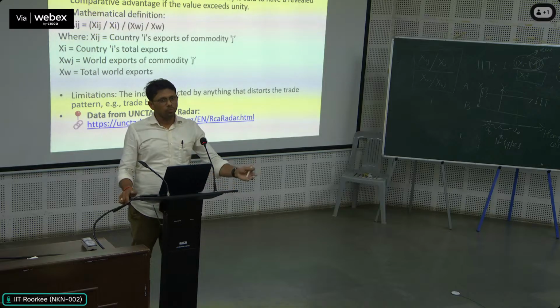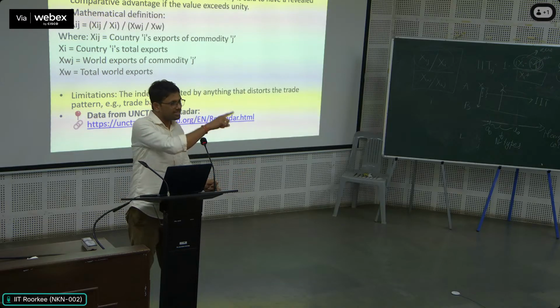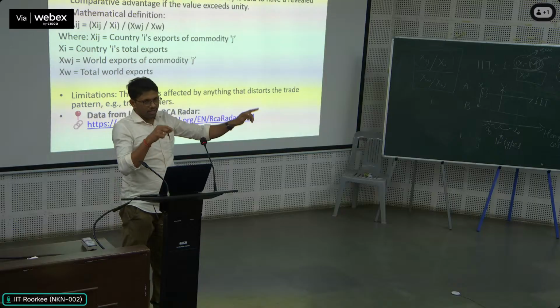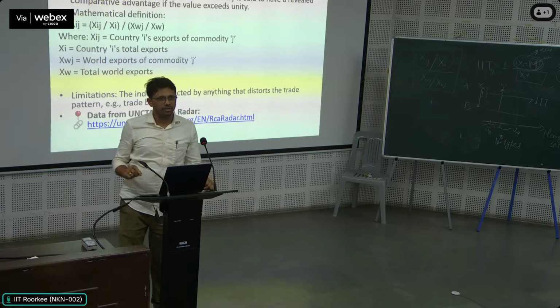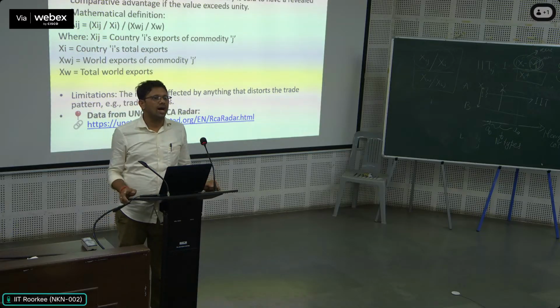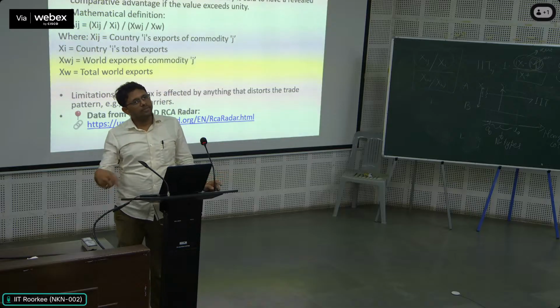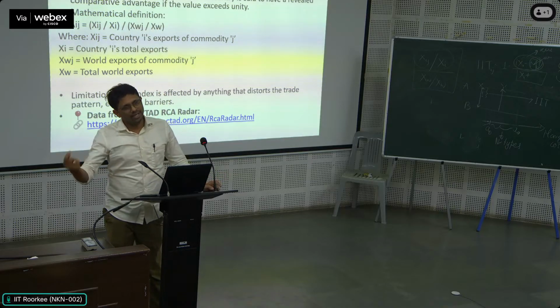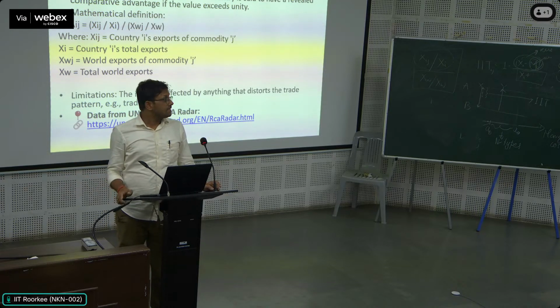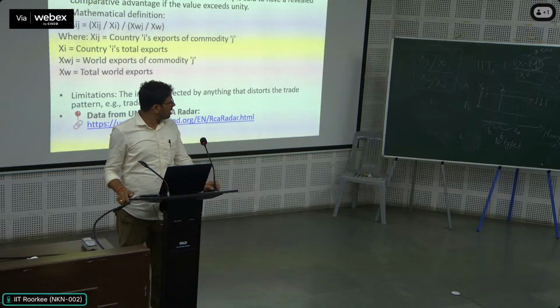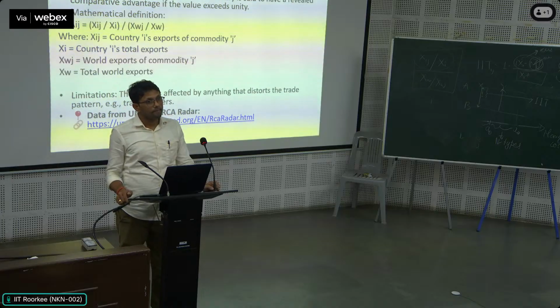Got it? So how to prove that 100% means the value should be 1? When I say x is equal to m, that means numerator is equal to denominator. So the value is equal to 1. This is what I just proved. And when the reverse occurs, only x or only m, that means the numerator x minus m equal to 0. Okay. So when x minus m equal to 0, the IIT value is actually equal to